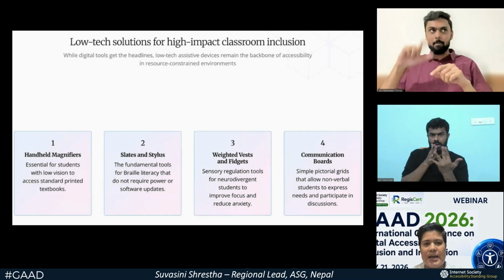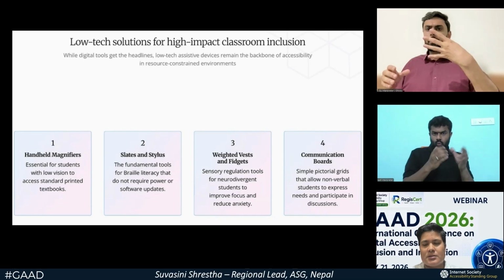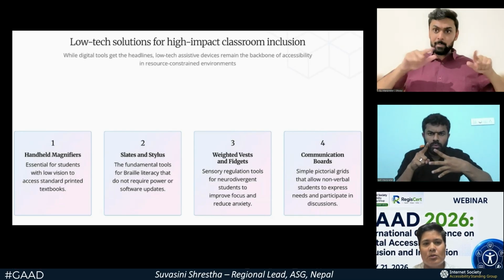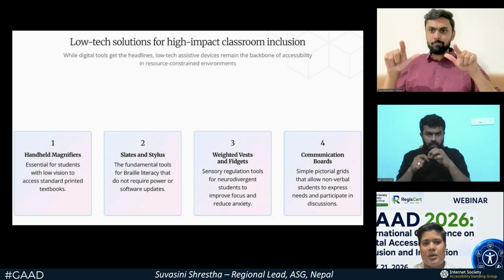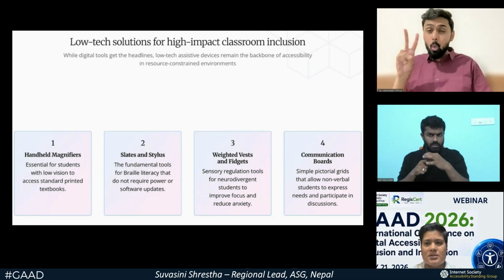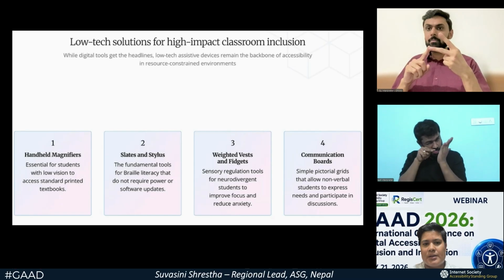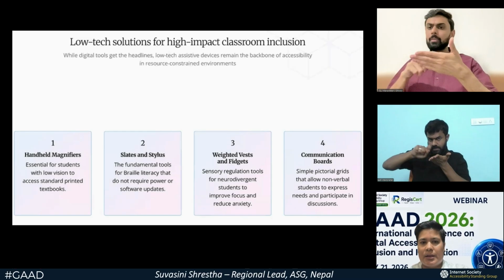There, it can be classified as handheld magnifiers, which are essential for students with low vision to access standard printed textbooks. And there are slates and stylus, which are fundamental tools for braille literacy that do not require power or software updates in the rural areas.